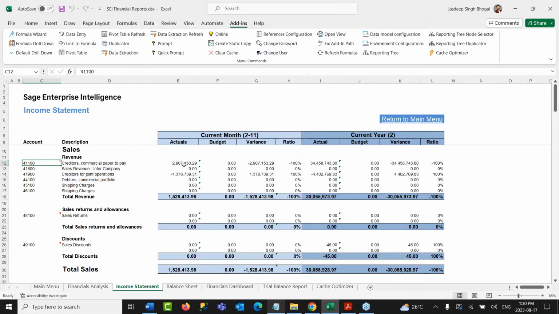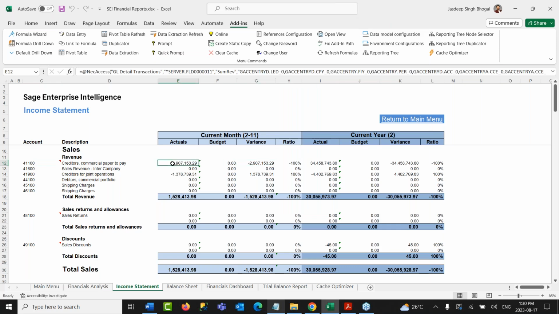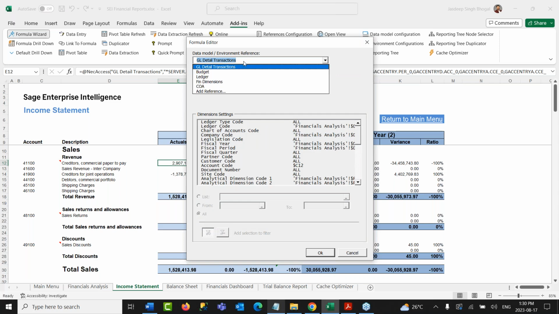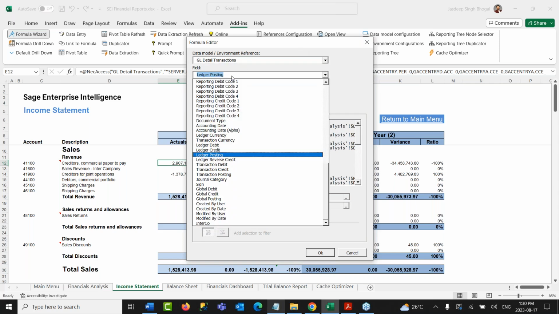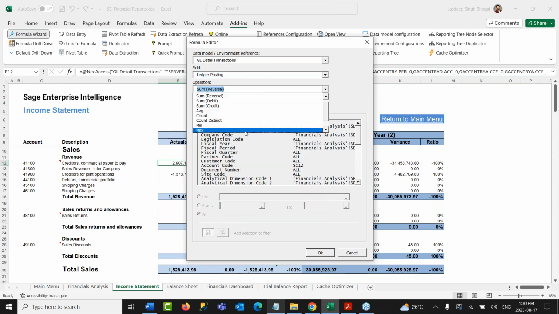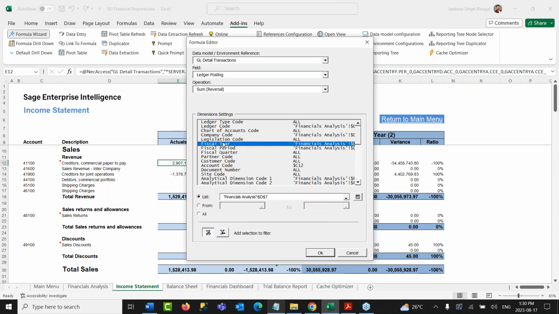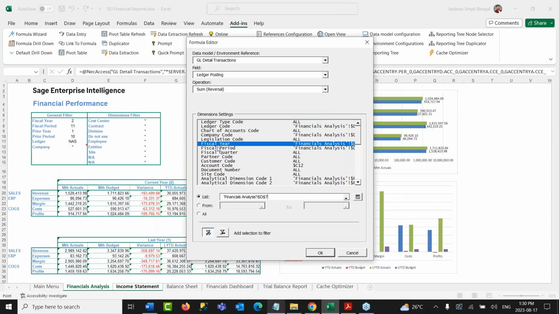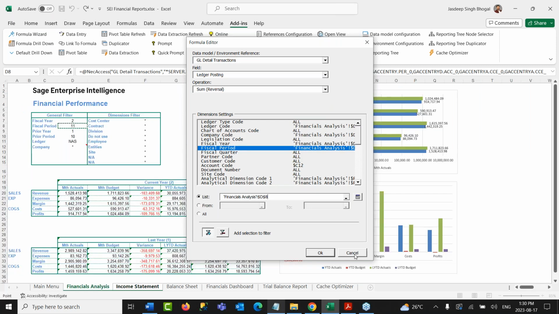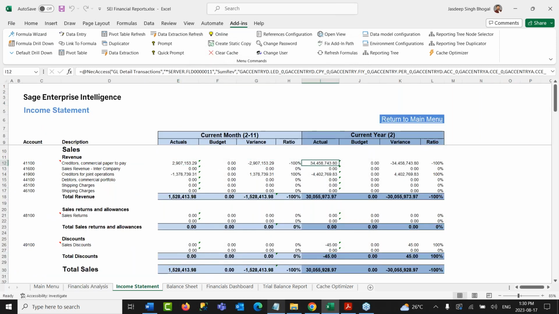And then we can continue doing the calculations on these reports using other tools such as Formula Visit, where I can easily pick the data model that I want to work on, the field that I would like to choose, and the operations that I would like to do. And finally, applying different filters, which are simply mapped with the different cells within the spreadsheet. That's exactly how each one of these calculations can be done.